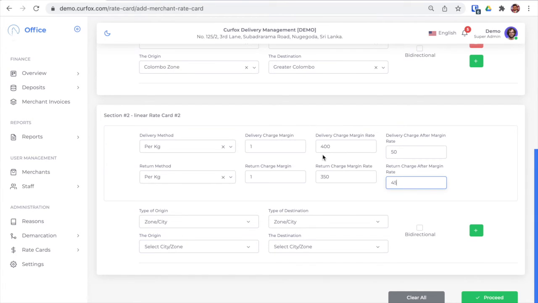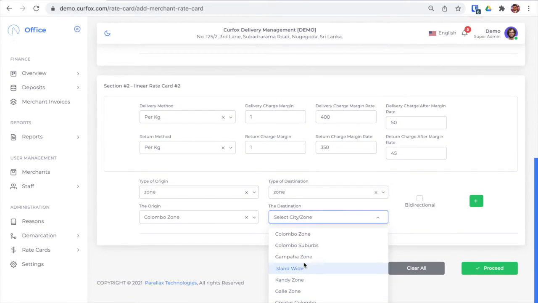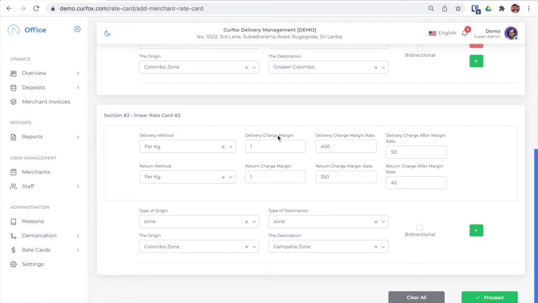What are the zones the above rates are applicable to? First you have to select the zone, and select the origin city and the zone. Let's say this is the Gampaha zone region. So these rates are applicable to the Gampaha zone.